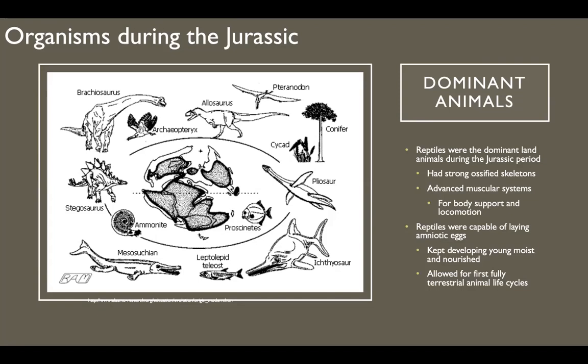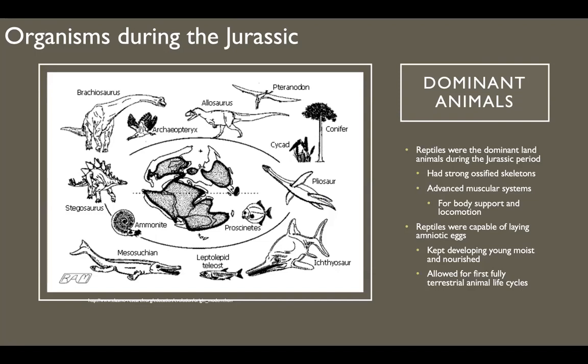So the dominant animals through the Jurassic: reptiles were the dominant land animal during the Jurassic period, and they had strong ossified skeletons and advanced muscular systems for body support and locomotion. And the reptiles were capable of laying amniotic eggs, which means that they kept the young developed, moist and nourished,